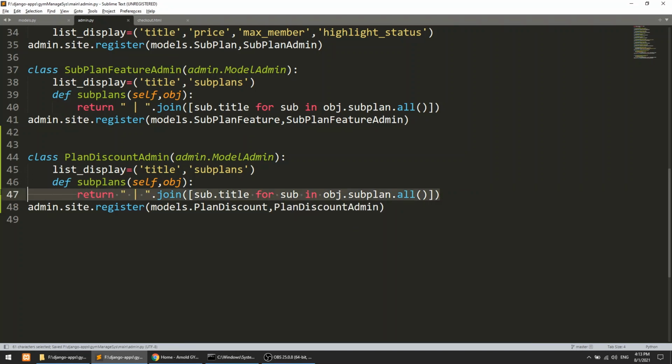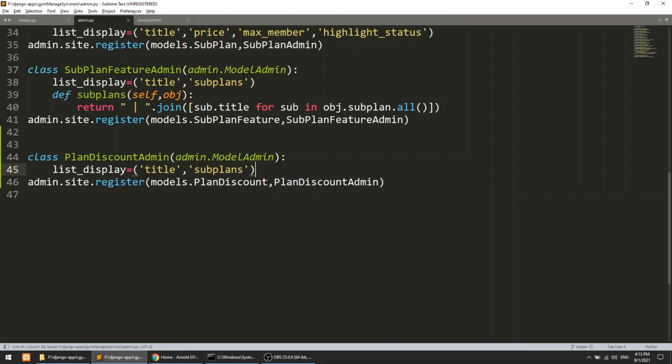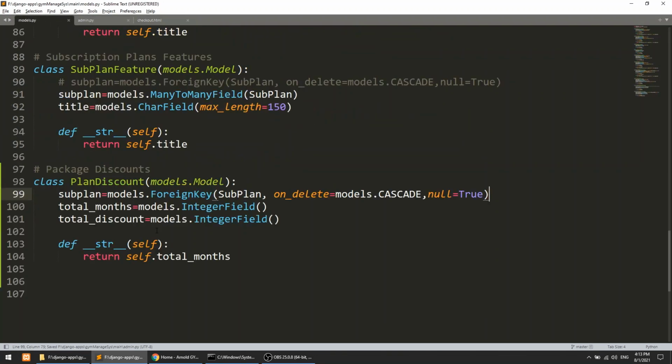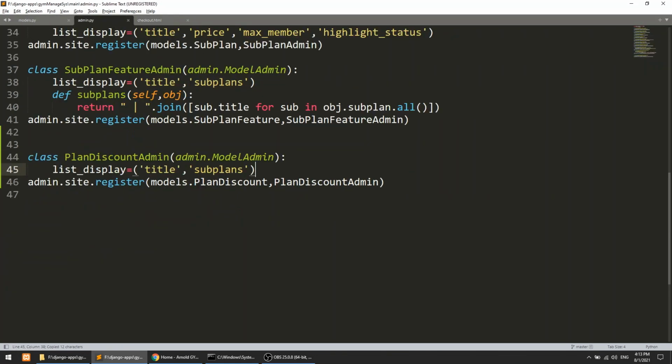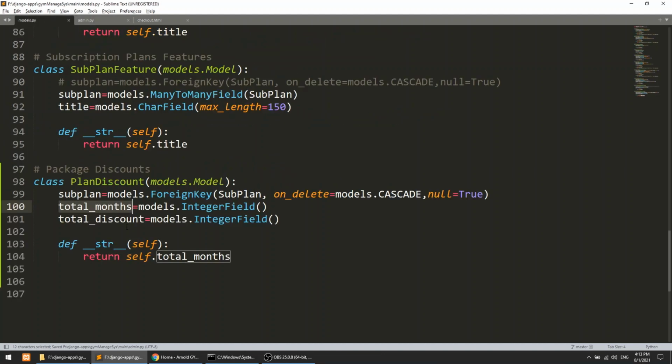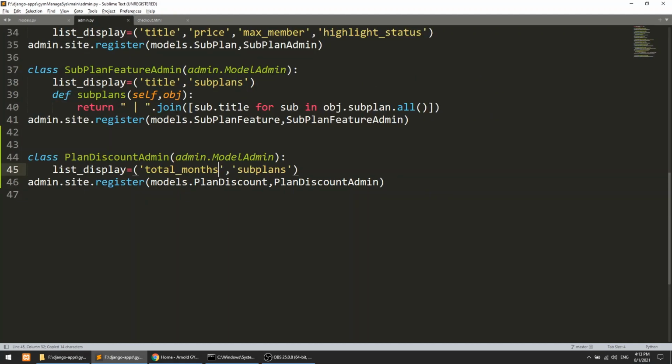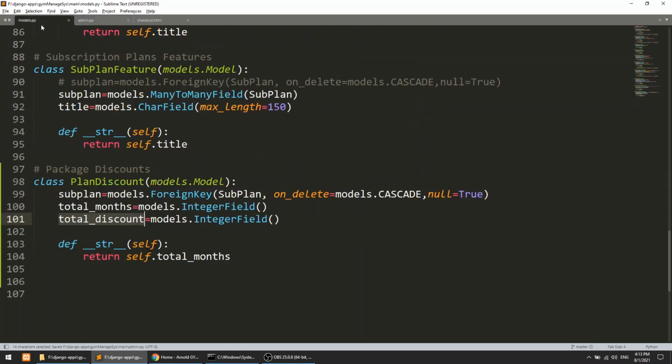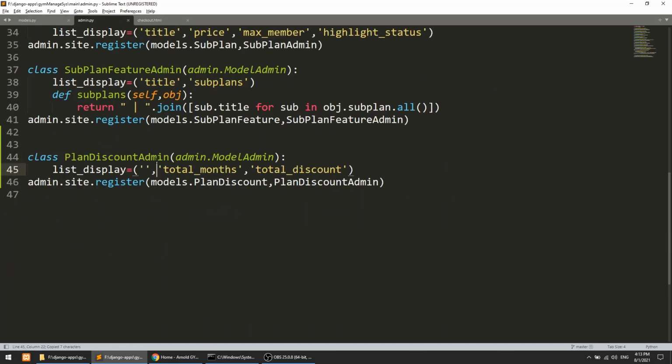We don't need these things, we just need the total months and total discount. We also need to show which plan this discount is for. So we have created the admin.